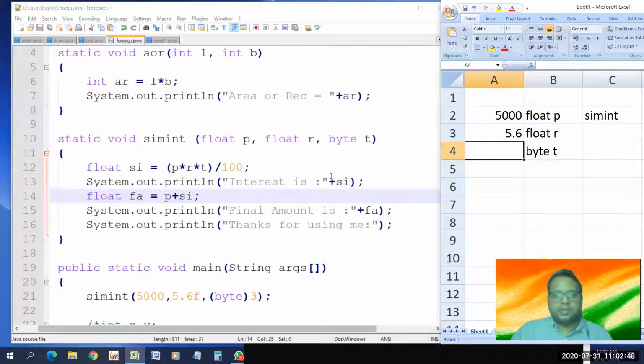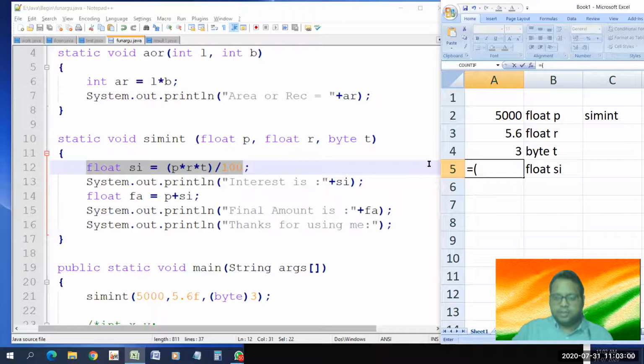This message is executed, then float si is created. Now what is it doing? It is following the formula p into r into 3 by 100. Look there, students.